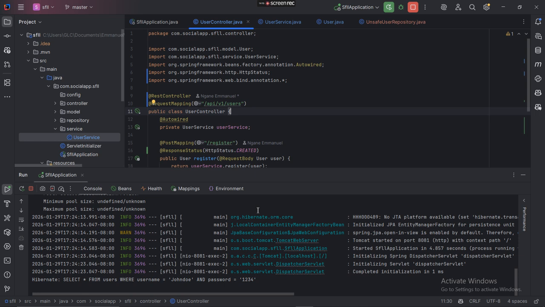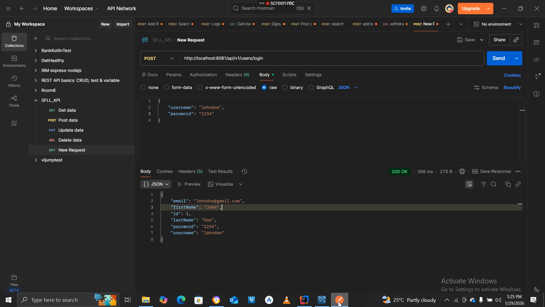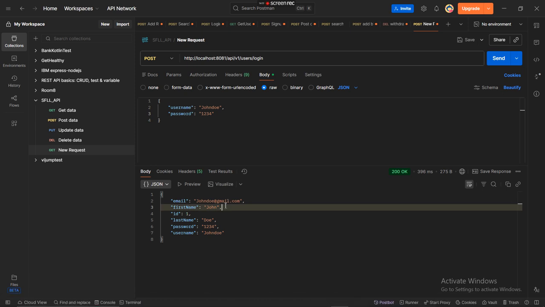But for the sake of this, we are going to return the object to make you understand how a user can basically use this particular string